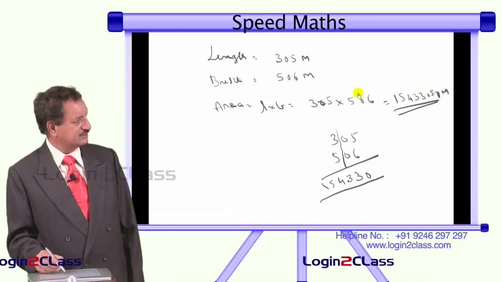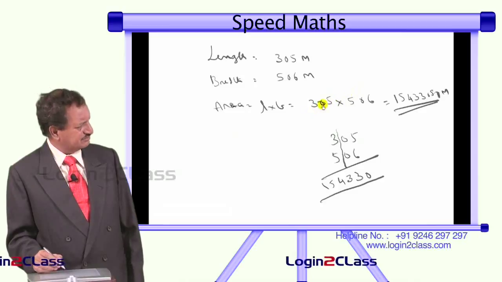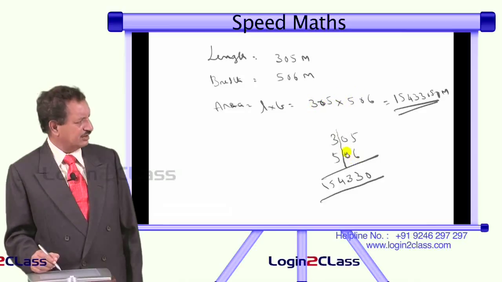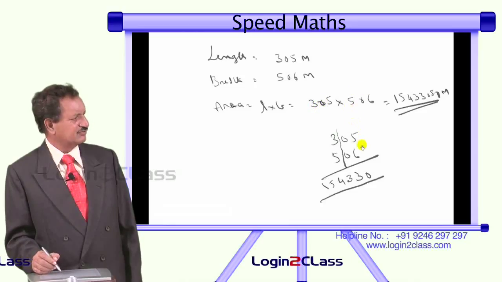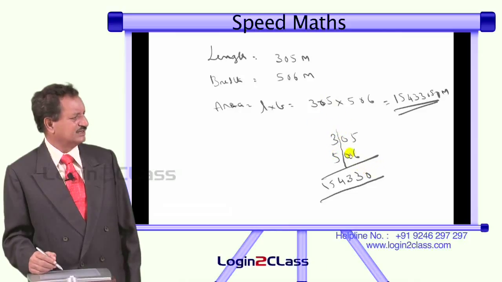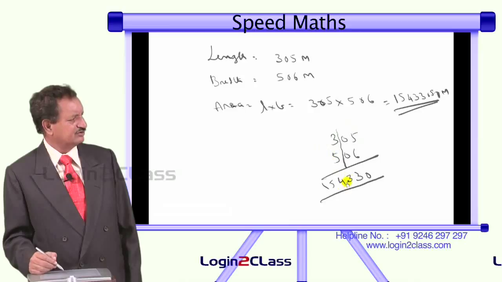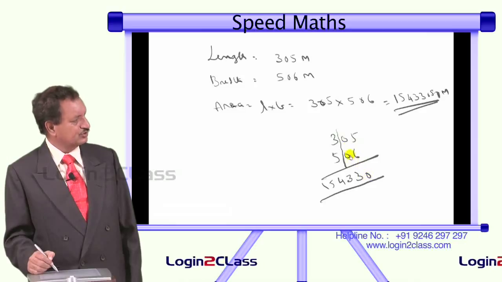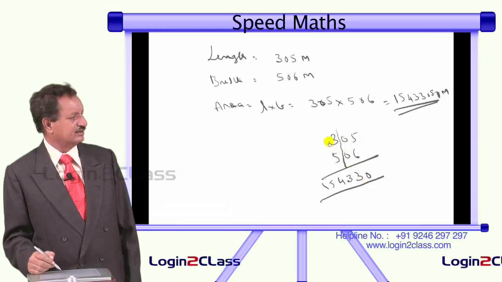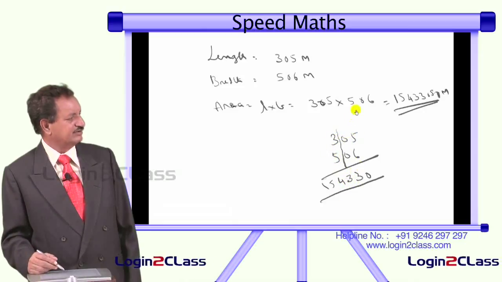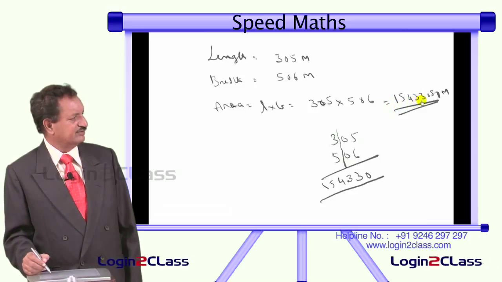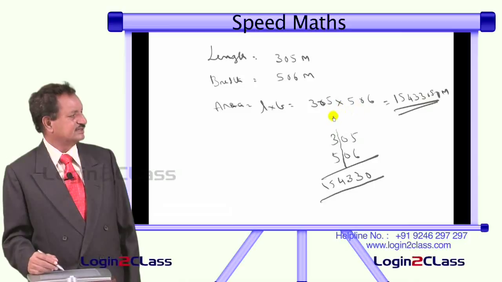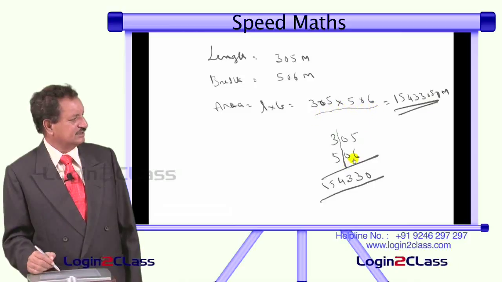Here we have applied speed math for multiplication. If division is there, if square is there, cube is, whatever is there, we have to apply speed math. Directly, if you want to multiply 305 to 506, 6 5 is 30, 6 3 is 18, 0 0 5, all these things. But here it won't be like this. 6 5 is 30, 6 3 is 18, 5 5 is 25, 25 plus 18, 43 and 5 3 is 15. As you know, we are multiplying 3 digits. We have to take 2 digits at a time. That is why 6 5 30, 30 we have taken. 6 into 3 18, 5 into 5 25, 25 plus 18 43, 2 digits we have taken and 5 3 is 15. So the answer is 154330 square meters. Like that, easily you can do multiplications in this way.